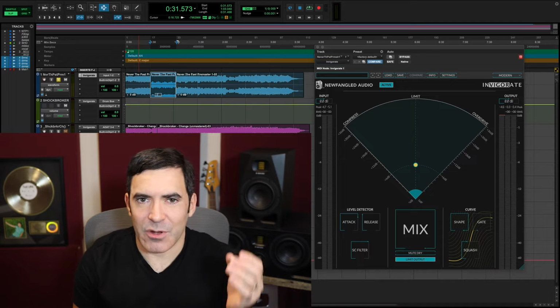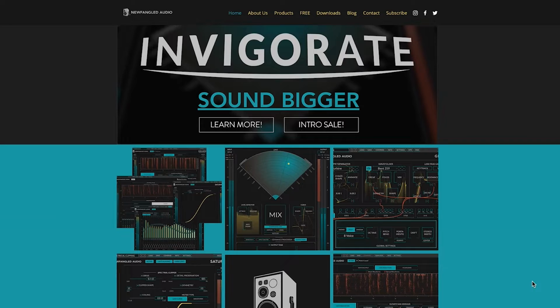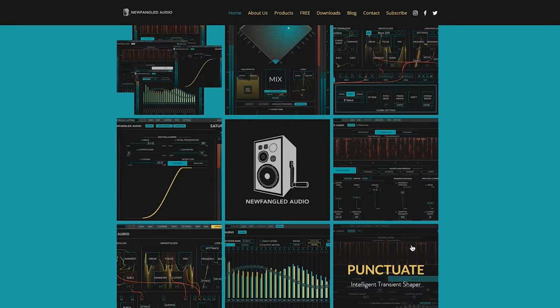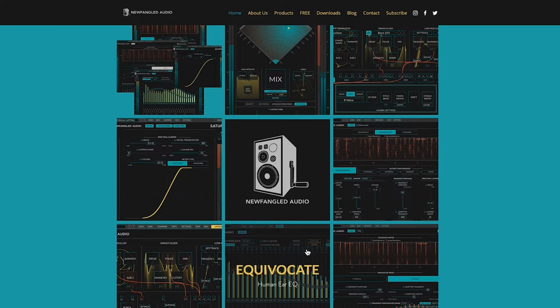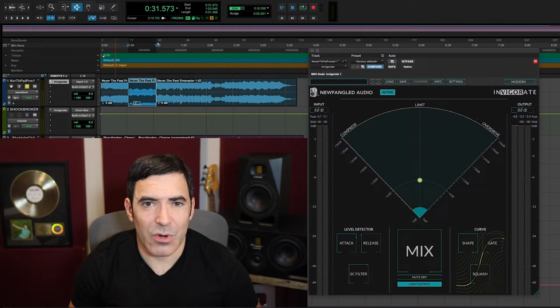Invigorate's the latest plugin from Newfangled Audio, which is a pretty cool brand. If you haven't heard of them yet, they've been making plugins like Saturate, Punctuate, a transient shaper, Elevate, which they call a mastering limiter with a brain, and Equivocate, which is a really interesting EQ that they call a human ear EQ. And today we're taking a closer look at this one, Invigorate, which is a bus compressor, but it